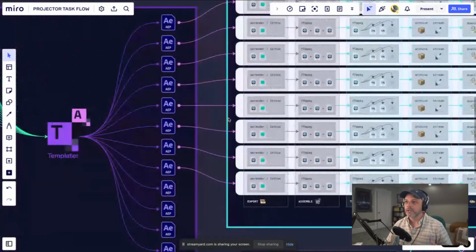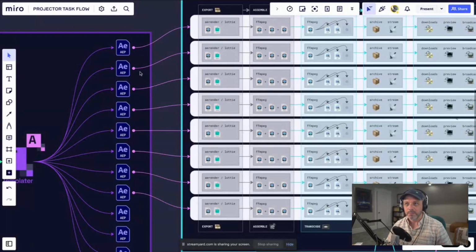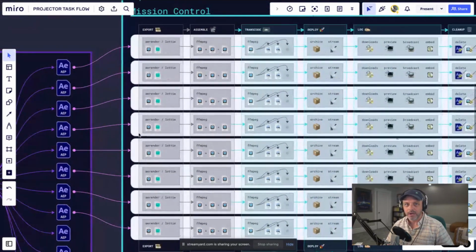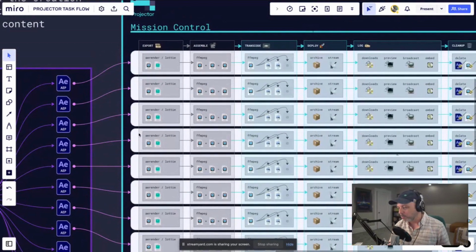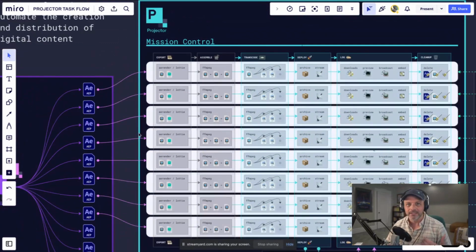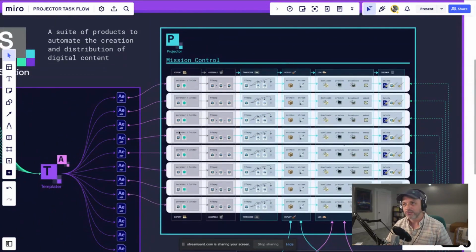So here's where, once all that content is being made, what we're noticing is that our users, our awesome customers, want a method to actually get that content out there. So we came up with this desktop app that is called Projector. And it's kind of one of these things where we have no insight into anything that it's processing on your machine.